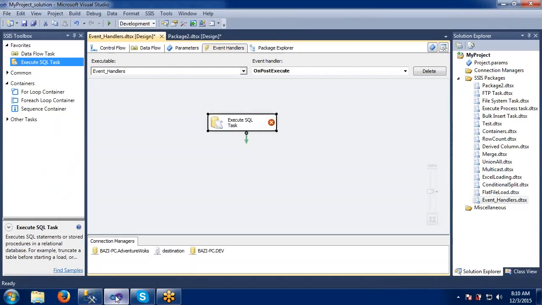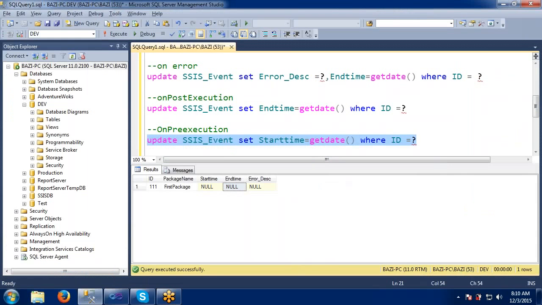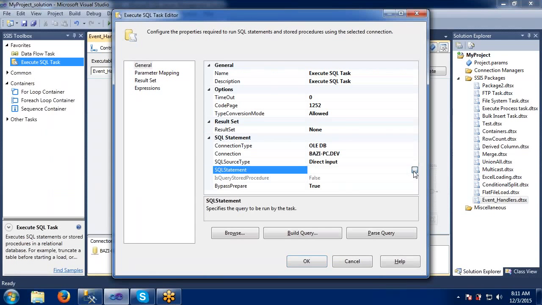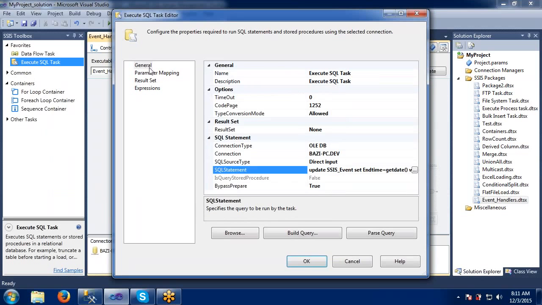So on post execution, what have we done? The same concept again: connect to the dev and update the post execution query. Here we have package ID, right? So we need to pass it through a parameter.